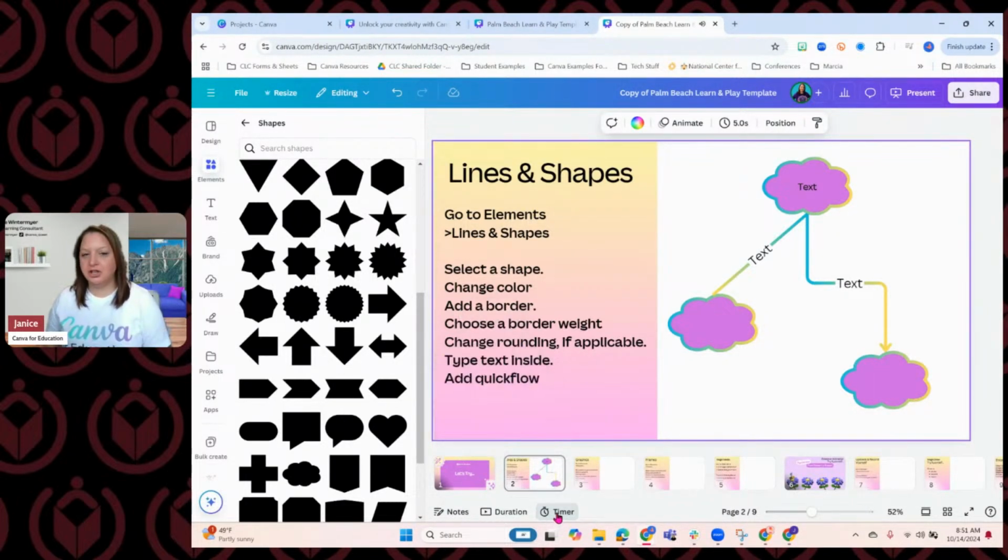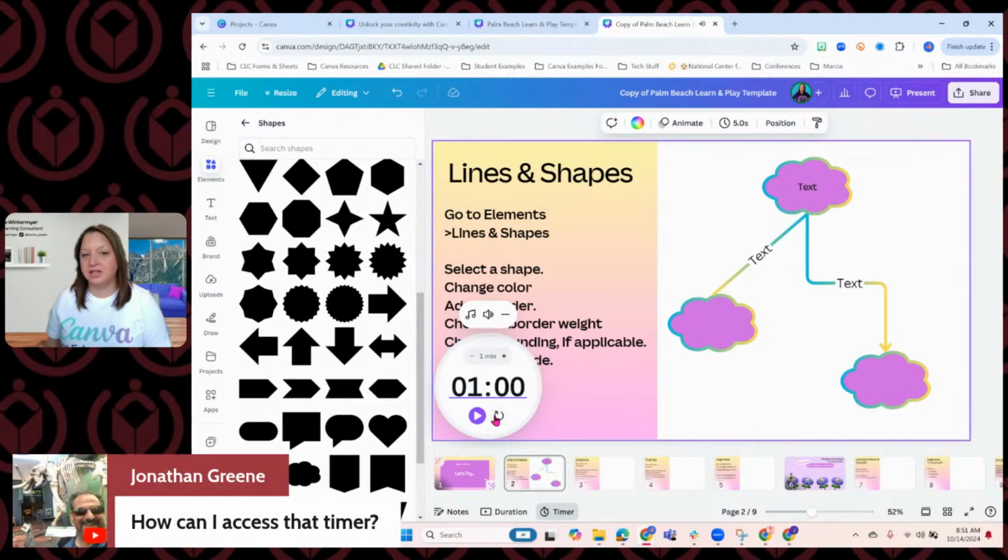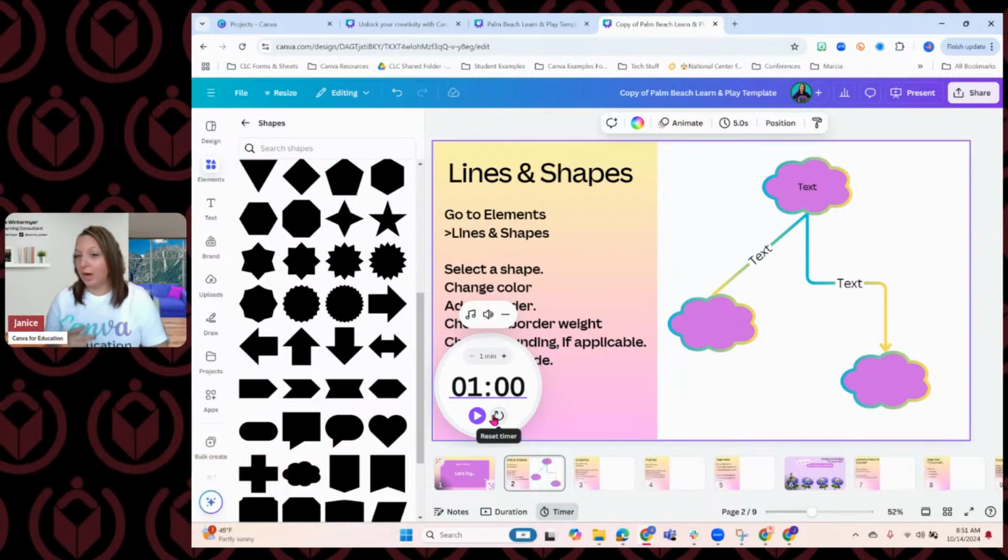I love the question in the chat. How did I get to my timer? That's a great question. You can access the timer in 2 ways, in presentations and whiteboards. So you're in a presentation slide template right now. Canva also has whiteboards that are more of that infinite space. They live here. If you're following along in the same template as I am, along that bottom toolbar